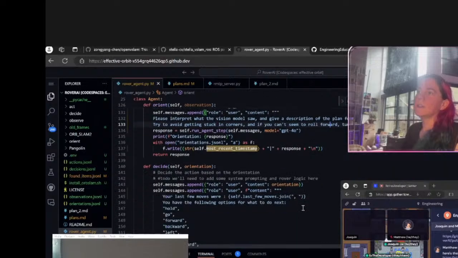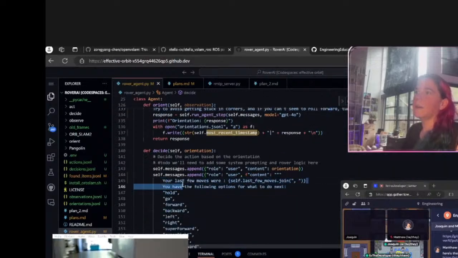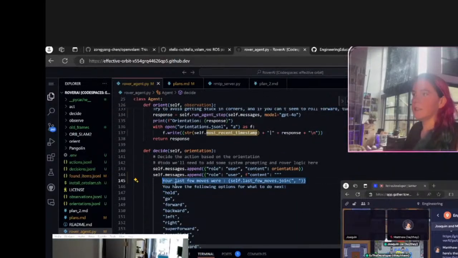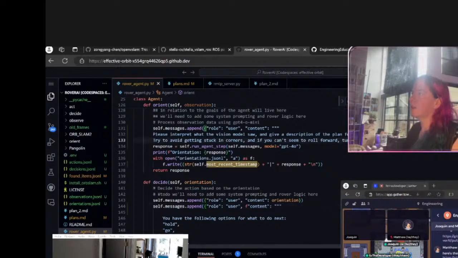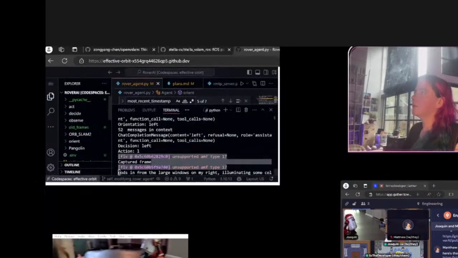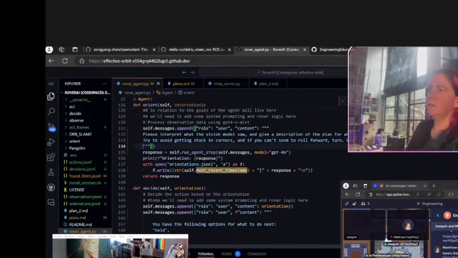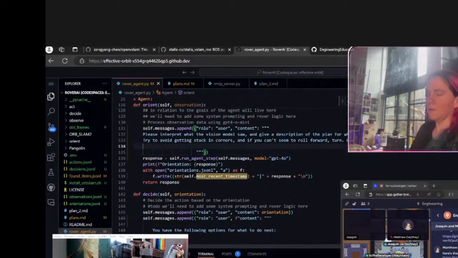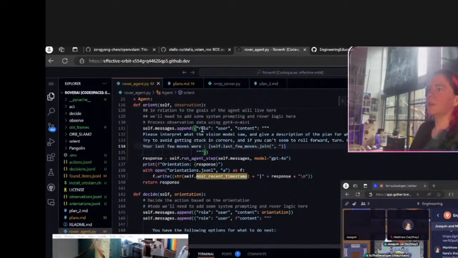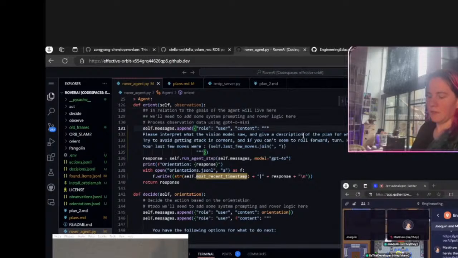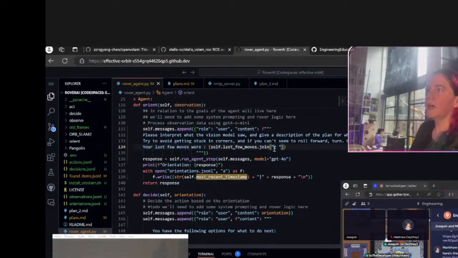Here's what the vision model saw and thought. And that's orientation. I'm going to actually take this out of here and put it in here. Oops, always. All right, and okay, cool. Yeah, all right, so we'll put the last few moves were here. I'm going to make this an F string so I can put the variable in there.